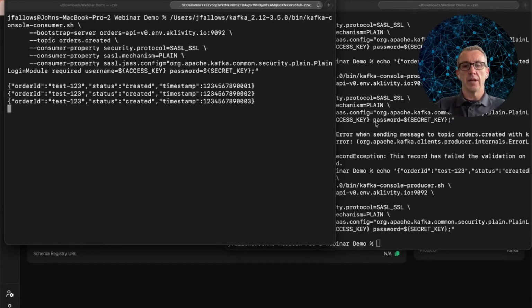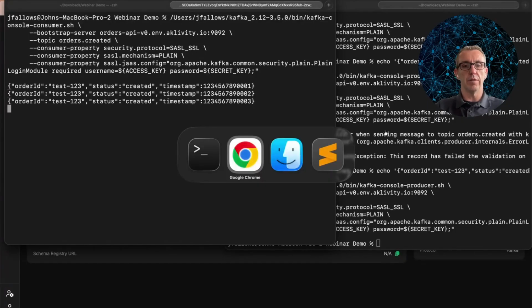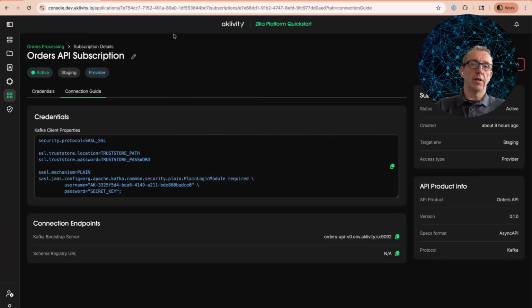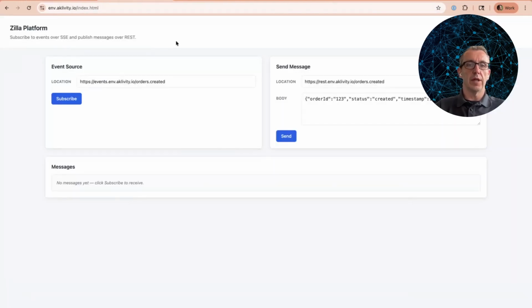So this is API product access to the Kafka broker through a restricted set of topics as defined in the API specification.